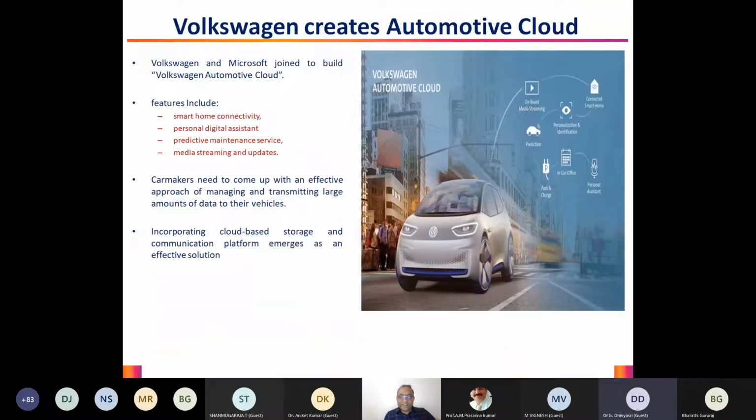So I was just mentioning that Volkswagen has come up with this automotive cloud. This is one application where Industry 4.0 can make use of these cloud services. As more and more automakers try to get their hands into the autonomous car segment and electric vehicles, they need something where they can reliably store their data and process it, so that they can make intelligent business decisions. That is where these cloud services will be very handy to them.